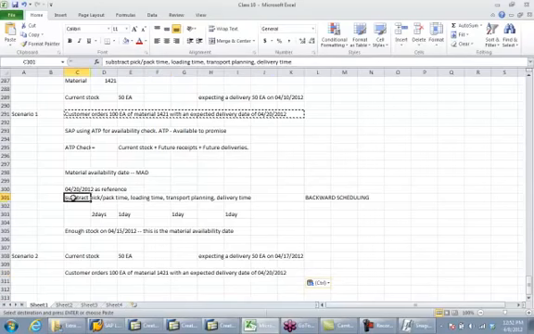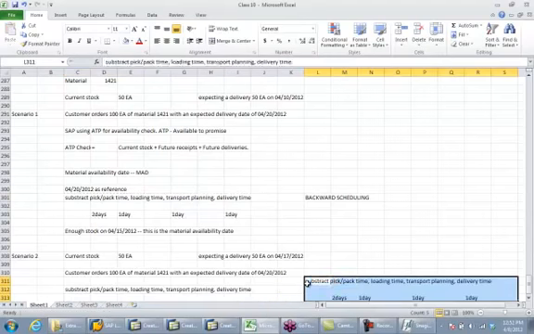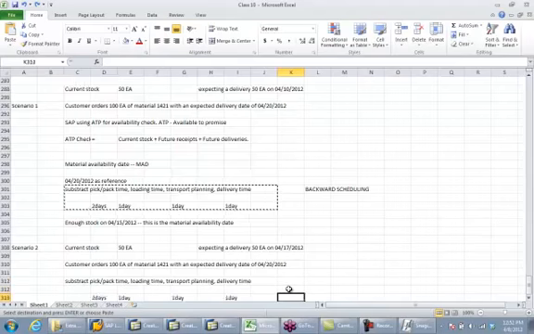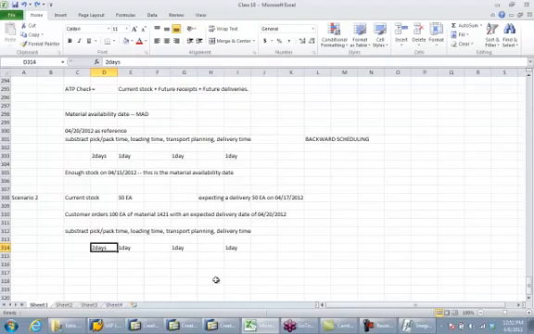So again I have the same timings. I need 1 day for delivery, 1 day for transportation planning, 1 day for loading, and 2 days for pick pack. Now the material availability date in this case is